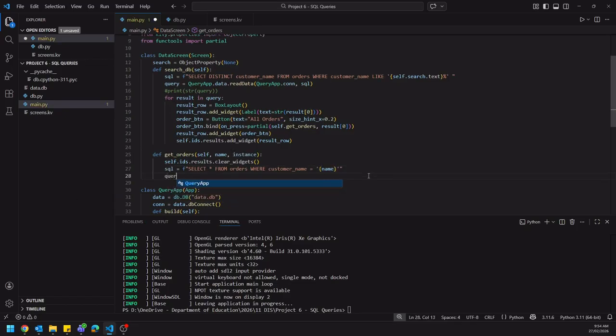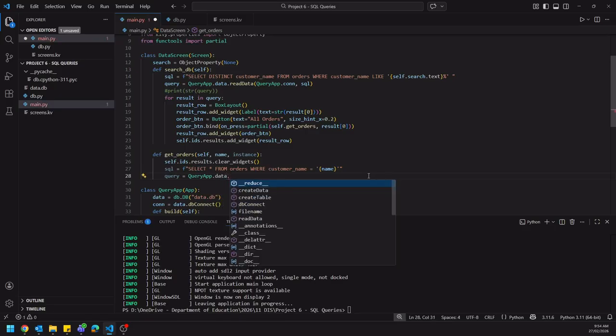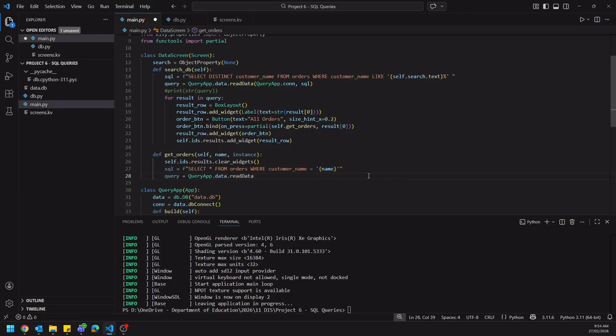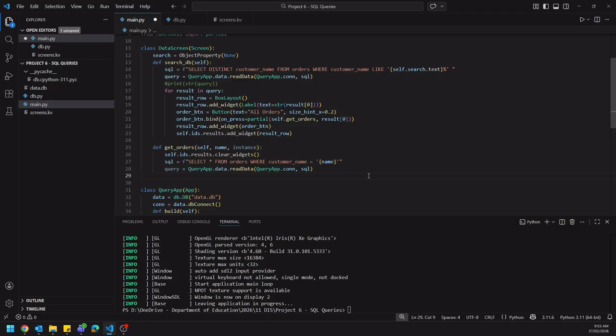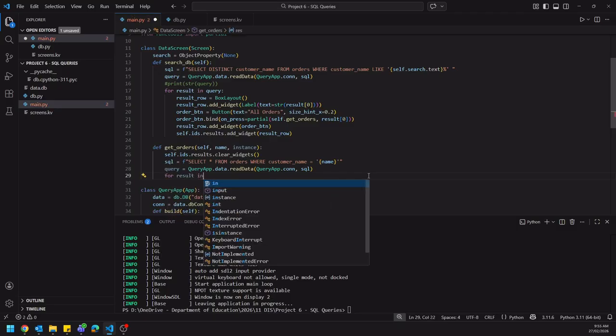Alright, so then the query line is exactly the same as what we did before. So query equals query app dot read data. There we go. Now we're on a flow. Query app dot connection, run the SQL. And again, because we're going to have potentially multiple results, we're going to iterate. So for result in query